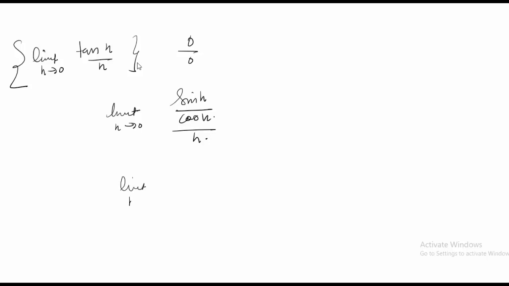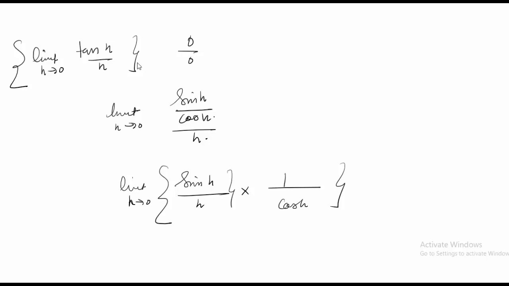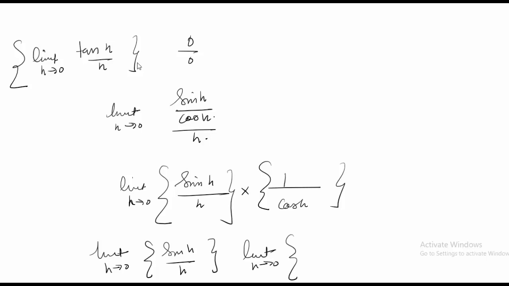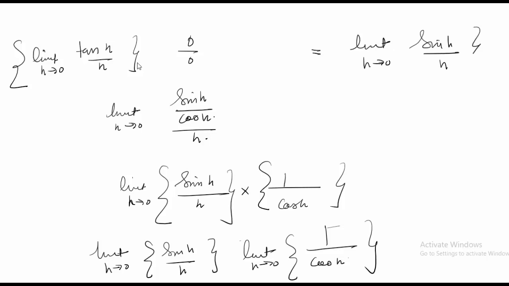So it is equal to limit of h tends to 0 of sine of h by h into 1 upon cos of h. What is seen is my 1 upon cos of h, this will be again written as limit of h tends to 0 of sine of h by h into limit of h tends to 0 of 1 upon cos of h. So 1 upon cos of 0 is 1, so this will equate to 1. So you will be left with limit of h tends to 0 sine of h upon h, and this is